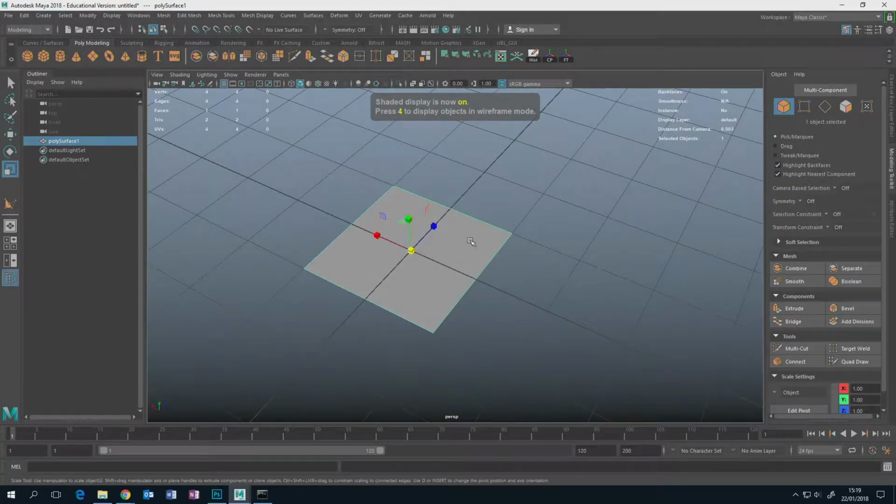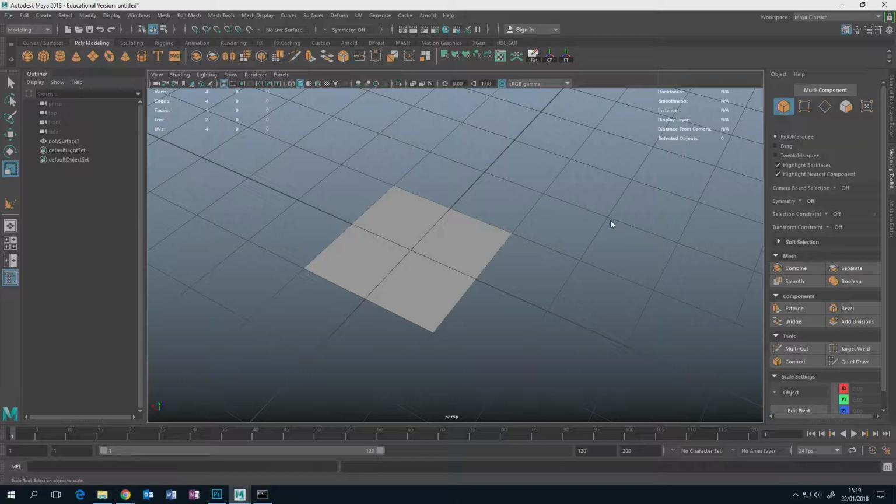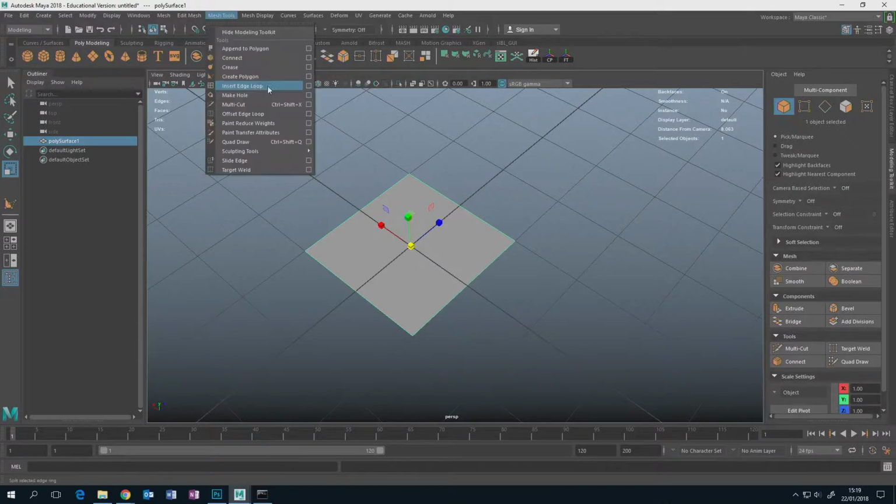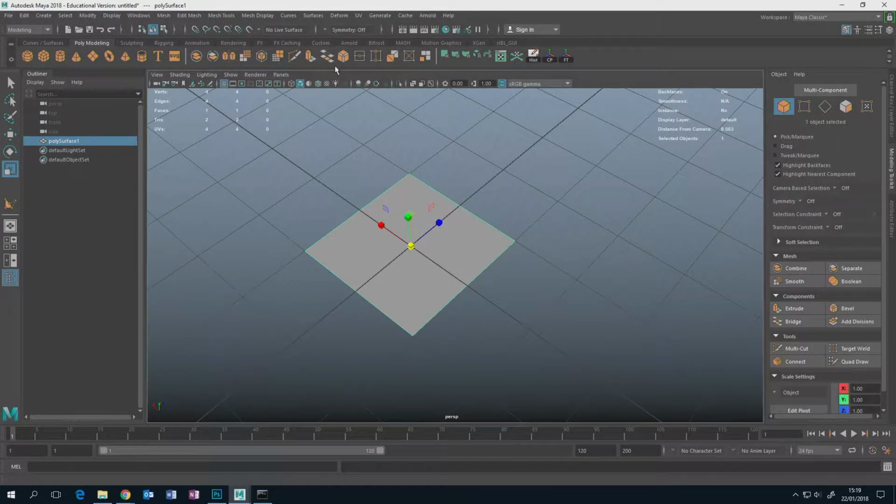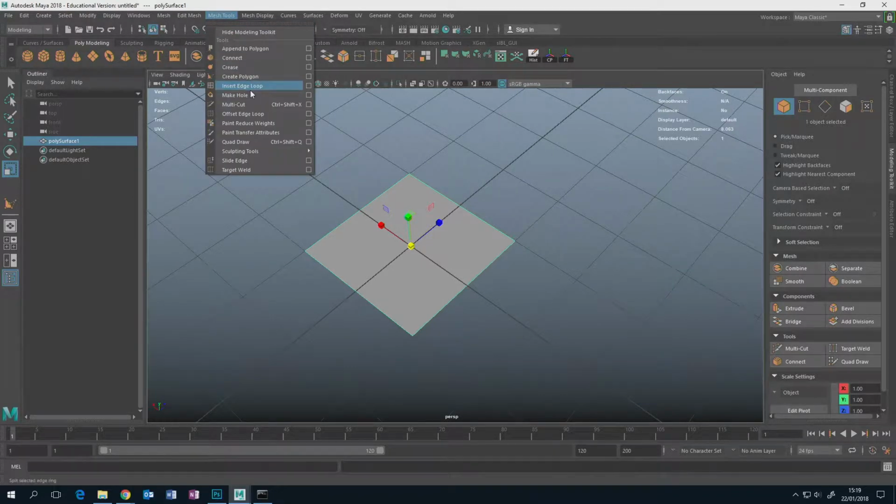So I like that. If you've got nothing selected at all and hold down Shift right mouse button, you get access to all of your primitives and more. But anyway, you want to use this mesh tool here. Insert Edge Loop is a bit fancier than this one, because with this one, if I open up the menu,